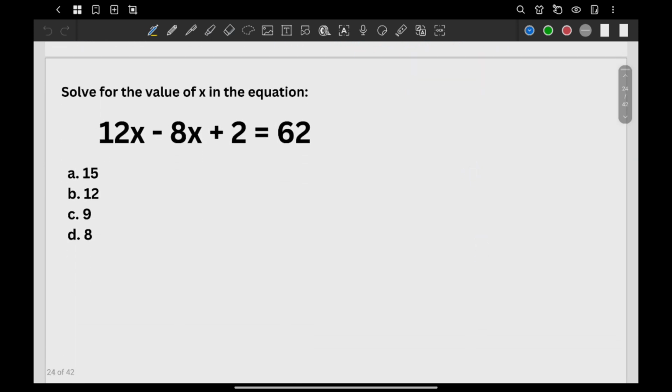As you can see, 12x and 8x are also on the same side already. I'll just copy. So 12x minus 8x plus 2 is equal to 62. Okay, so I'll simplify. 12x minus 8x is going to be 4x. And then plus 2 is equal to 62. There. Check again the two rules. Positive and then solo. Is the variable x already positive? Check. Solo. Not yet.